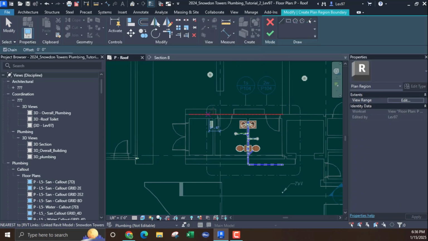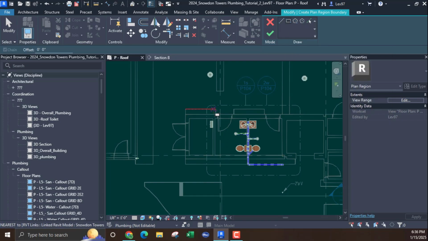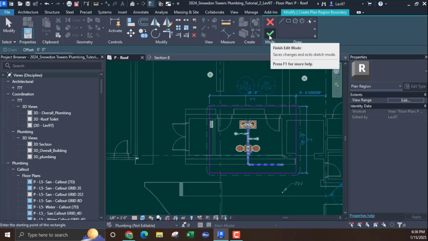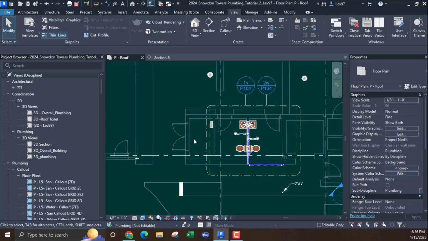So you want to create a plan region and go up to the tools again and select rectangular, and now you come down and trace over the call out box as close as you can and just make a rectangle in that area, because what we're going to do is create a view range. A plan region allows you to create a view range, and what we're going to do is, because we are creating,